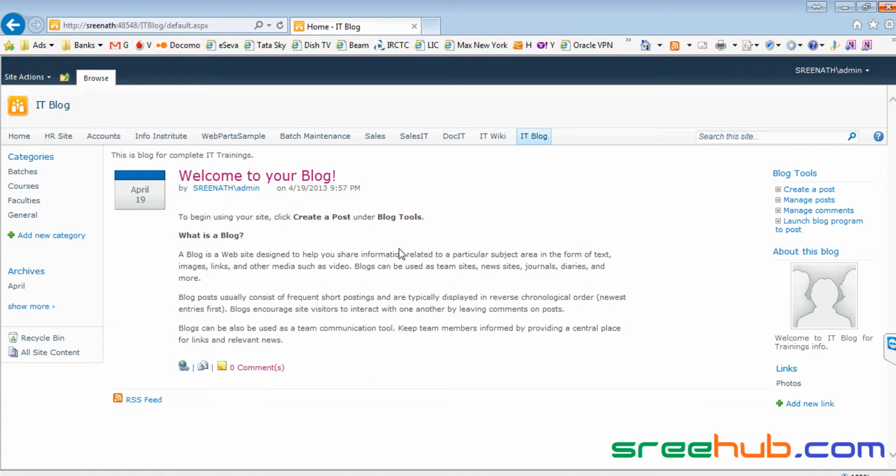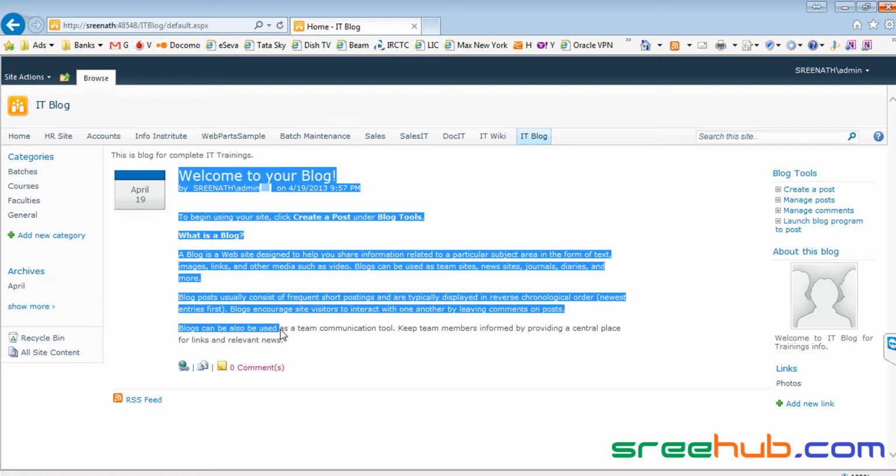When you create a post or edit a post, we'll be checking out how to create a post. What happens is it will automatically be buffered into a page in between, and we'll check who can see that post and who can do something on that, right? In this post there are a few parts. This will be your date, the date when you created the post, right? And then you have something called a link. This is actually the title of your post, and we'll be checking on when it was created and who created that post, right? And then the body of it.